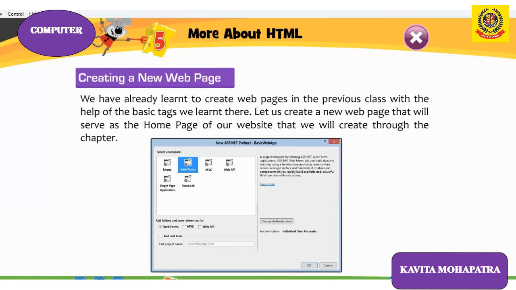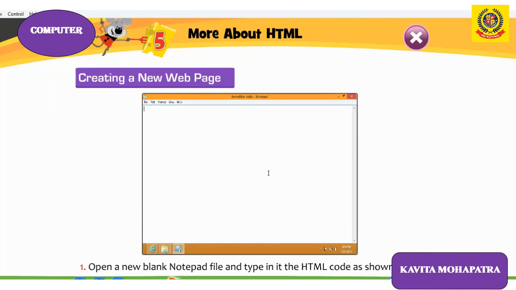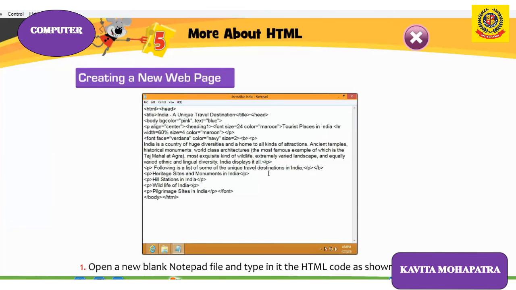So in this way you can create a web page. First you will open Notepad, then you will type the HTML coding there, then save the file by giving any name .html. Then you can view it in the web browser by clicking any browser.